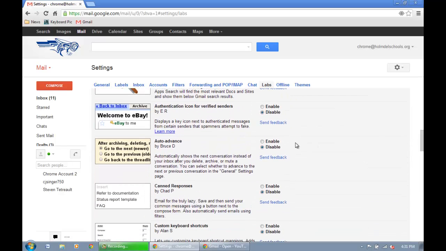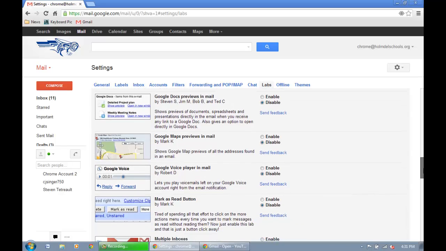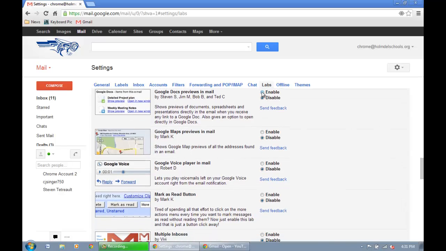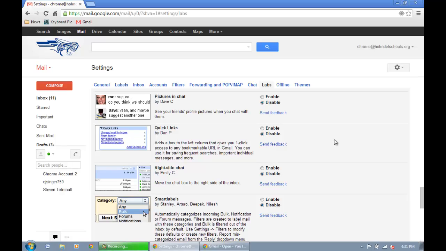We're going to turn on Auto Advance. We're going to turn on Canned Responses. We're going to enable Custom Keyboard Shortcuts. Scroll down a little further here. We're going to enable Google Docs Previews. We're going to enable Google Maps Previews. We're going to enable Google Voice Player. We're going to enable the Mark as Read button. Scroll some more here. We're going to enable Pictures in Chat. We're going to enable,